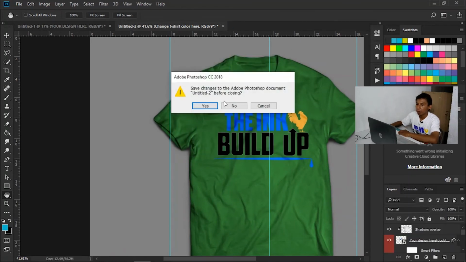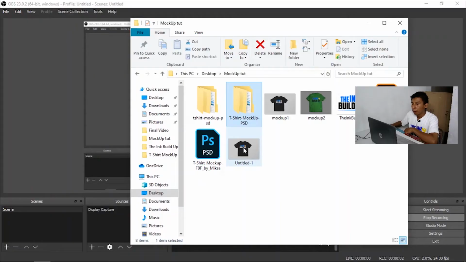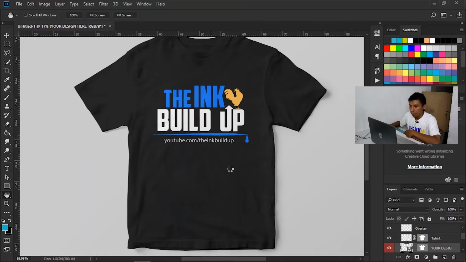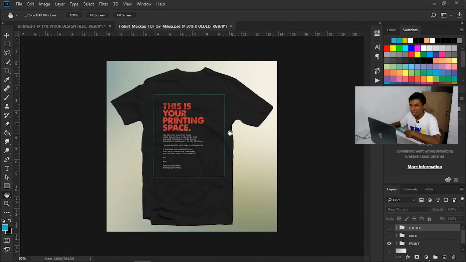So let's exit that one out. No, I don't want to change it here. Okay, so let's go to the third mockup and the last one for today. So double click on this one again. I gotta stop saying again, man. But anyways,